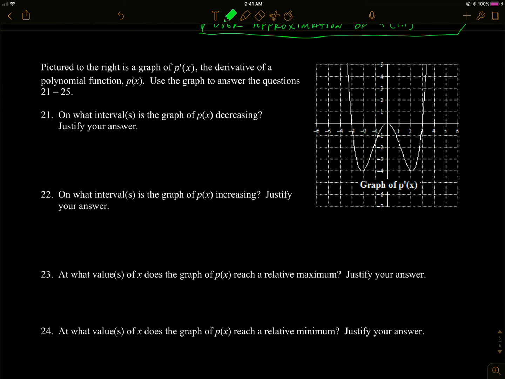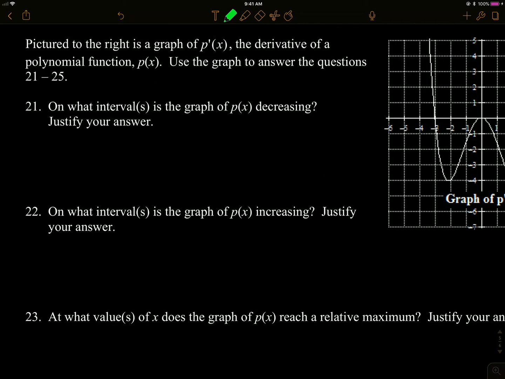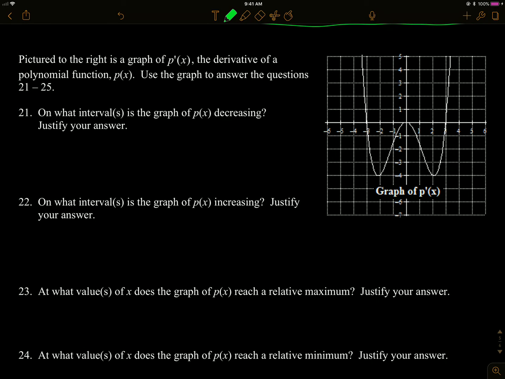Okay, let's move on. Last one here. Pictured to the right is a graph of the derivative of a polynomial function. Use the graph to answer the questions. So they're giving us a graph of the derivative, and they're going to ask us about p of x. On what intervals is the graph of p of x decreasing? So I'm going to restate, p of x is decreasing